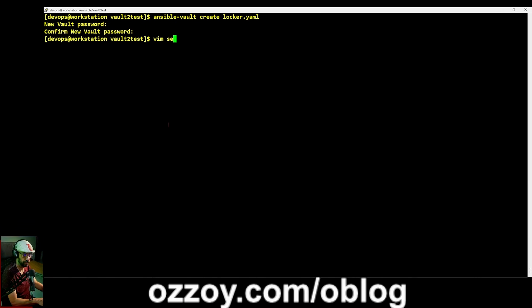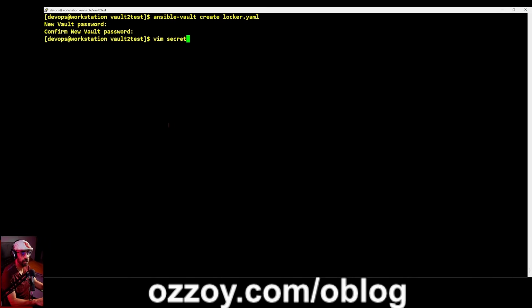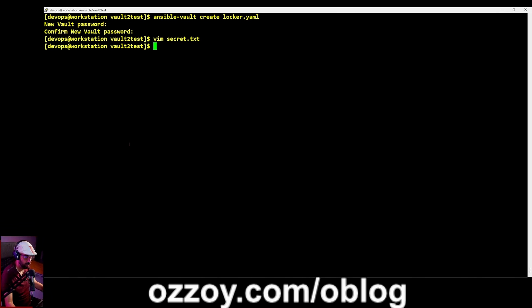VM secret. This is just the instructions, right? Okay. Secret.txt. You put the password. Cool. And then lock it out. Ansible Vault view